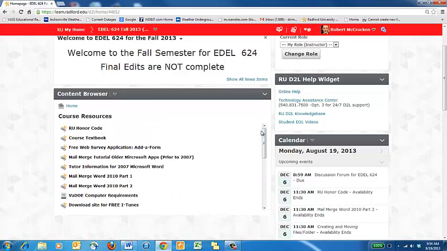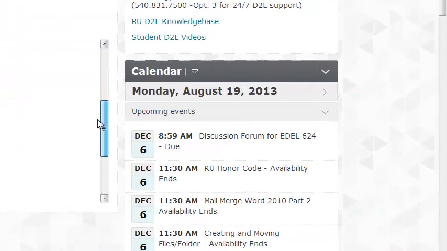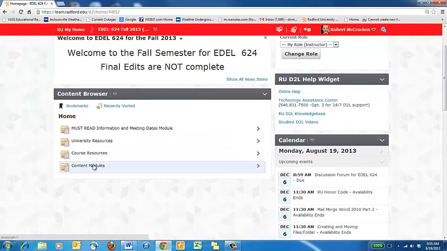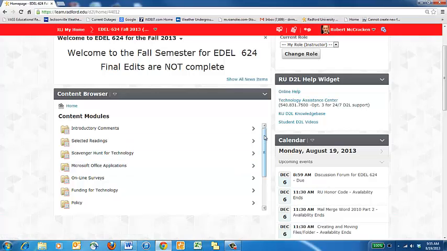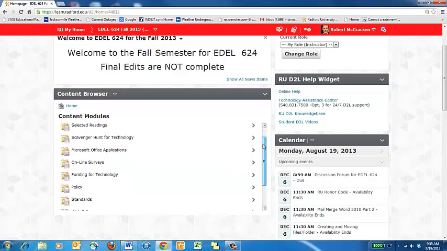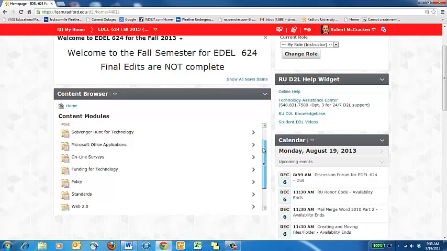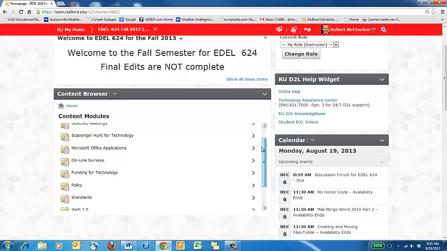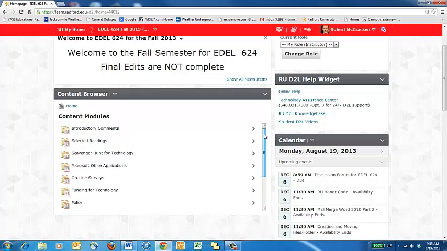As you can see, there are many things there for interest, but you also will read in your assignment module where these things may be useful for you. Again, I'm returning home. You have seen the must read and the items associated with it, the university resources, course resources, and now your content modules. These are the content modules that contain the information and the assignments for each of these modules. There is no particular order in these. If you have strengths in one area or another, you're welcome to work through each of these modules at your own pace. You will see here the selected readings,